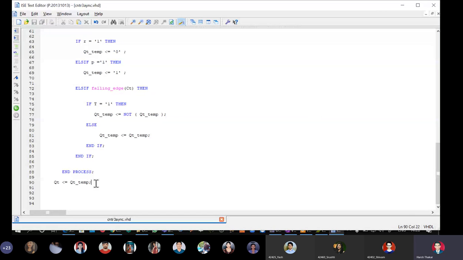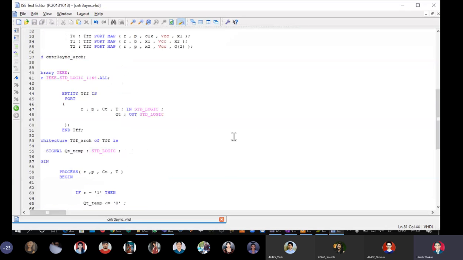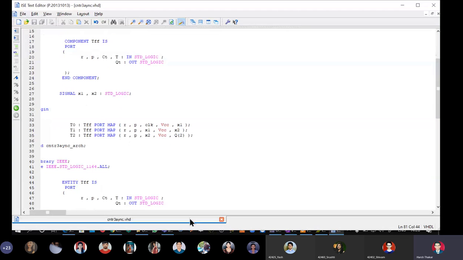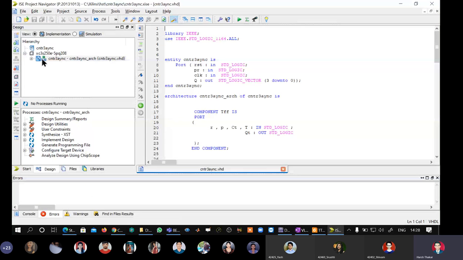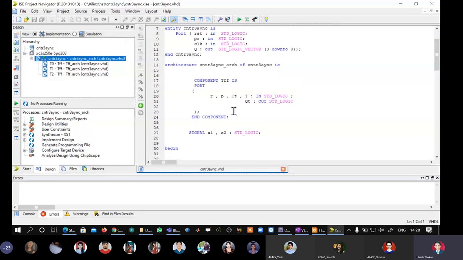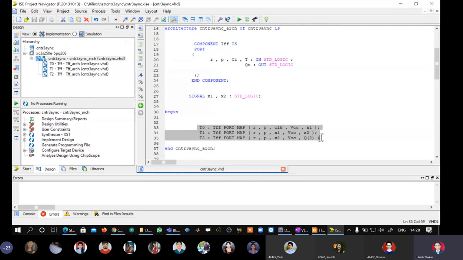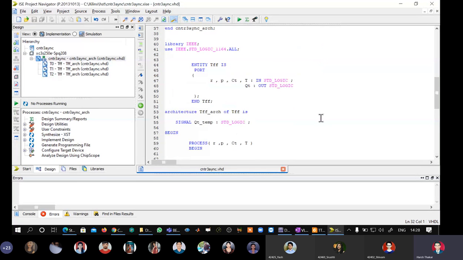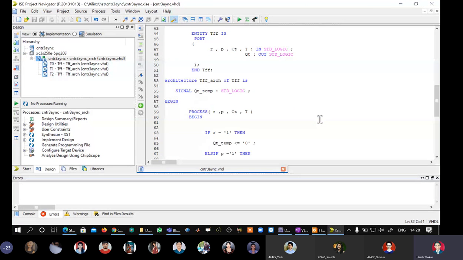Okay, this is done now. So we can end architecture. End tff underscore arch. Okay. So it is over. Let us assume that everything is right, and we go here, and we see we have not got any question marks, which indicates that although we have expressed the parent entity as an interconnection between multiple instances of component, because we have defined a component somewhere, right or wrong we do not know, we are not getting question mark like we saw yesterday.